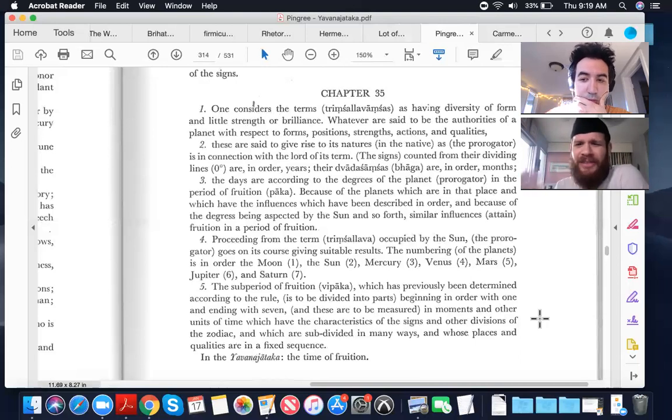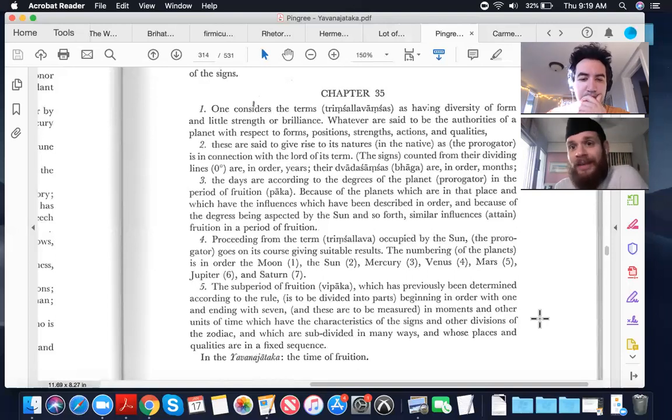And then he talks about Dwadashamshas. And I said, what does the Dwadashamsha have to do here? But what he means is the division of 12. So he's meaning that in each year you get 12 months. Yeah. So it's basically the idea that each progression, each sign is a month. Obviously, you have to be counting 12 months for a year, not the older system of 10 months per year. And then he talks about the days being according to the degrees of the planet per the period